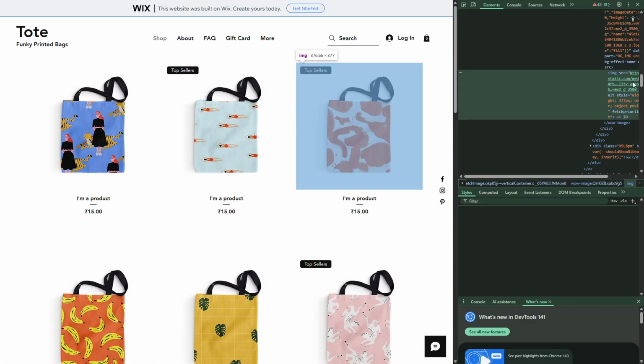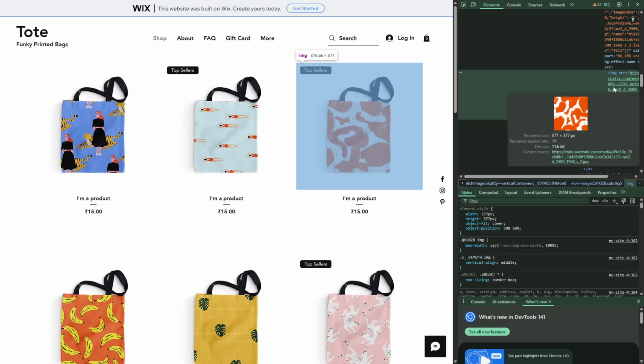Here, you'll need to play the video, which should cause the list to populate with various file requests. Search through the list for the video file, which often has extensions like .mp4 or .webm. Once found, you can right-click the file link and choose to open it in a new tab from where you can download it. Just be sure that you have permission to download and save this video before proceeding, as respecting